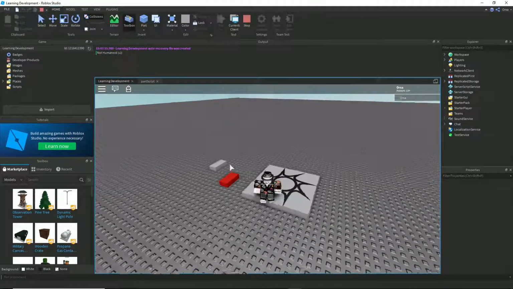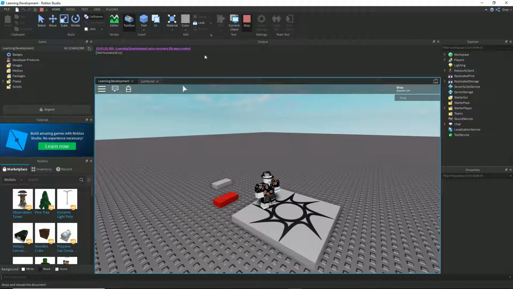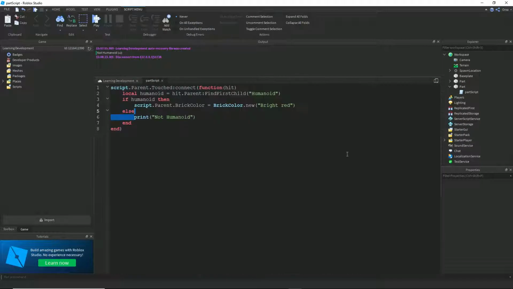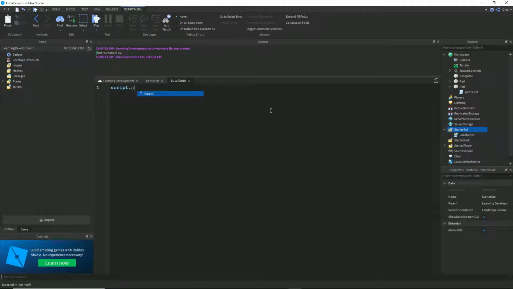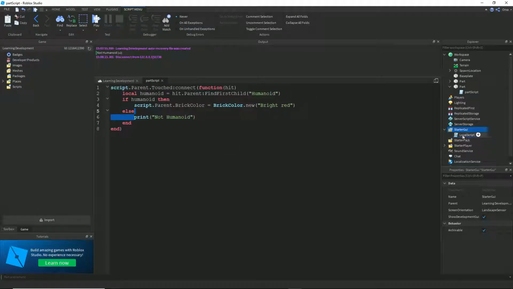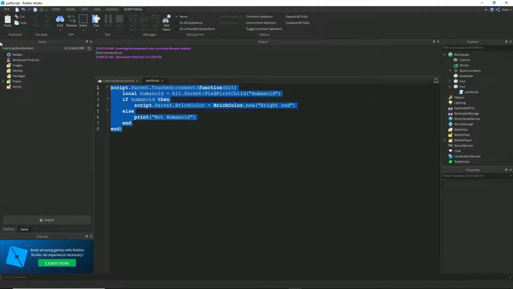Again, this is a simple script, and this is explaining functions. Again, if you were to do it in a GUI, I'm just going to insert a local script to show you something else. So say the script.parent.MouseButton1Click. Now the reason it's not showing up is because it's not a thing, but you would connect it to a function. What this is saying is when someone clicks on it, it's going to do this, and that's just a basic idea. Anyway, this is a gist of functions,